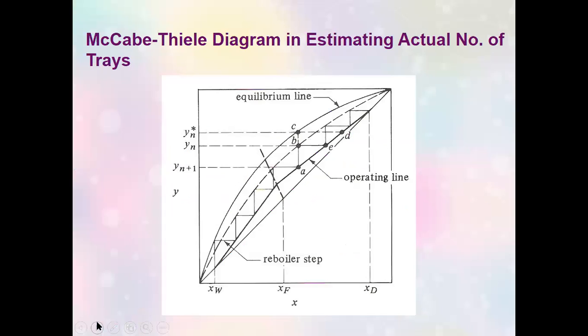Okay. The McCabe-Thiele diagram, which uses the Murphree tray efficiency in determining the actual number of stages, does it like this. You have to draw a new curve which uses the ratio of AB to AC, and with the new curve... it's 100% graphical because you are to draw the new curve here for you to be able to plot the actual number of stages. But nonetheless, this is how it's done using the McCabe-Thiele graphical approach. I won't discuss it anymore.